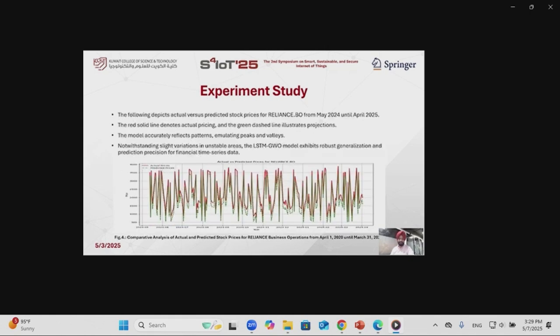And this is the result. Once we club together both the data, the stock data and BSE data, we got this result, where the red solid lines are actual prices and the dotted green lines are the predicted lines obtained by the framework. Although the difference is minimal, this is how it is visualized.